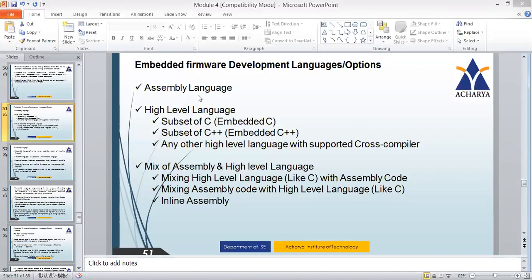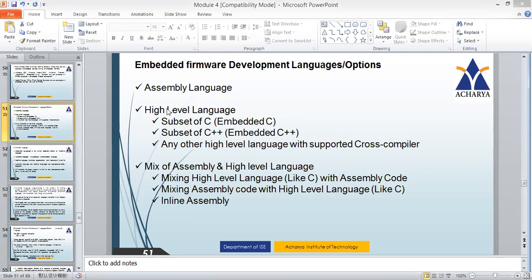Another type, we can also combine high level language, or you can implement the complete program in high level language. If you see the Part B programs you will be studying next, all the programs are written in C, meaning the entire program is written in C, but that C program is for running the hardware components, not for GUI applications.